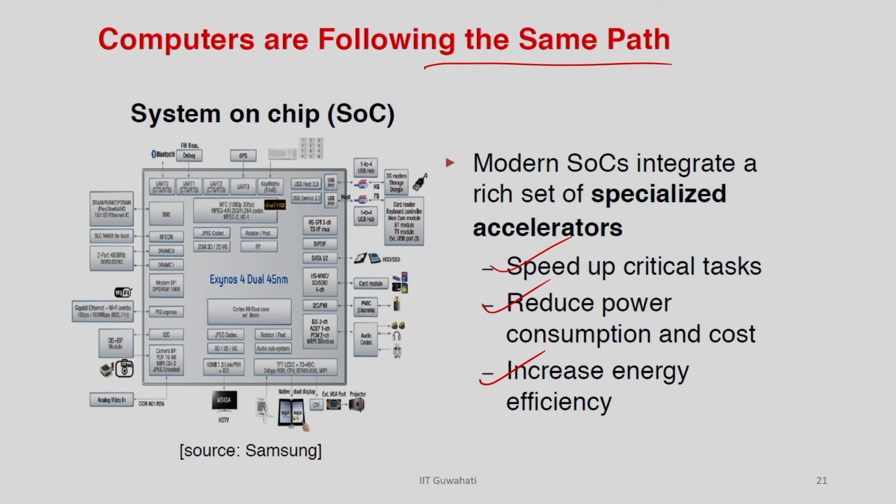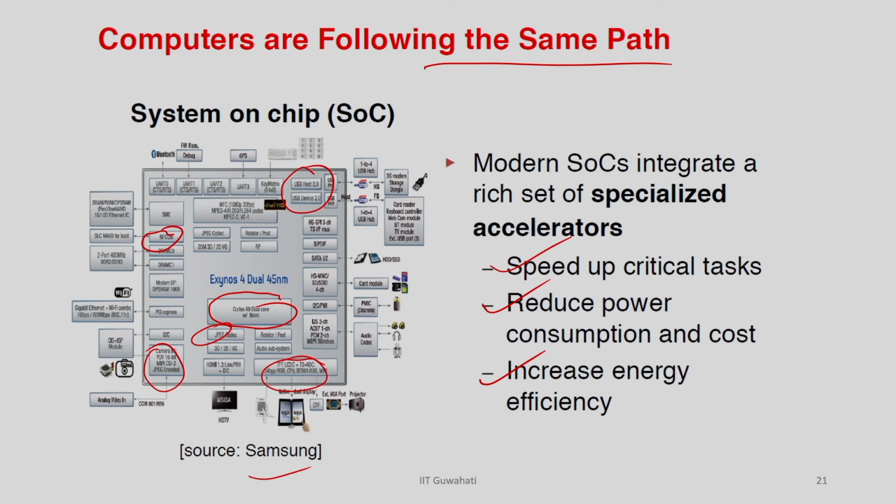This is how the overall evolution of electronics design is coming. If you look at a Samsung mobile that we are using in modern days, there is a dual core processor in there which works as a manager. You have so many IPs, right: one is for camera, one is for JPEG, one is for your interface, you have USB, and so many more.